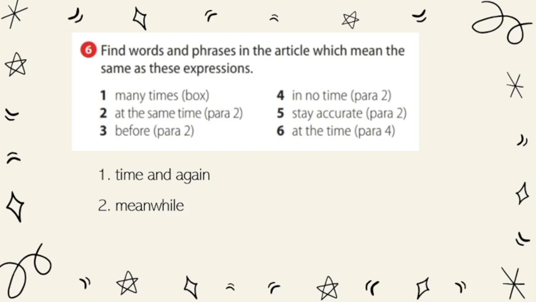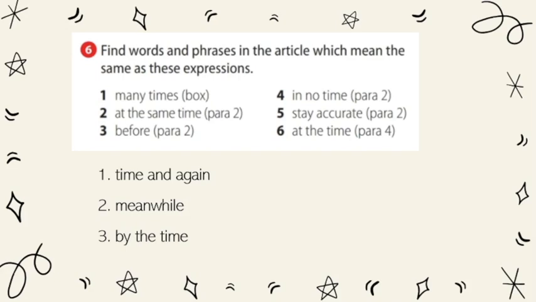Synonyms. 3, before. If you want to say before, you can say by the time. Now, this is in relation to something else, right? If you want to use by the time, it is if I say, before I arrived, he was there. Antes de que yo llegara, él estaba ahí. By the time I arrived, he was there. Para cuando yo había llegado, él ya estaba ahí, you know? Before. It's a way to express before, but in contrast to another thing that happened, of course, before something else.